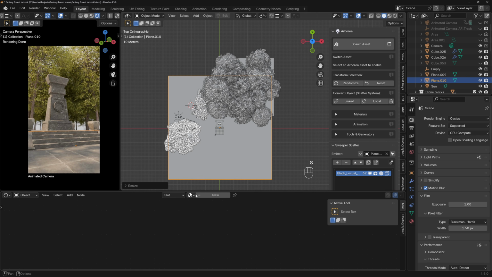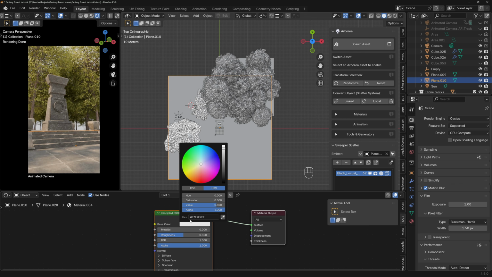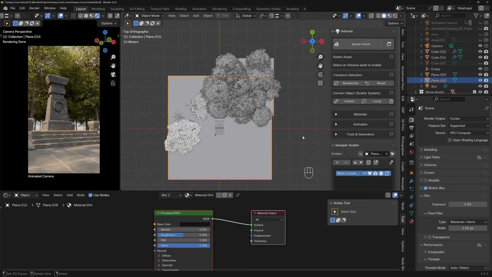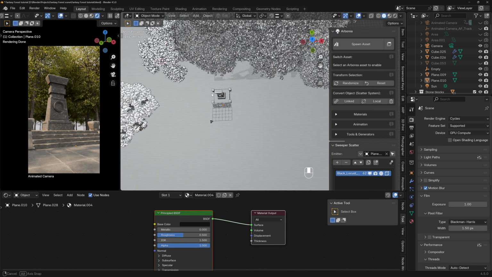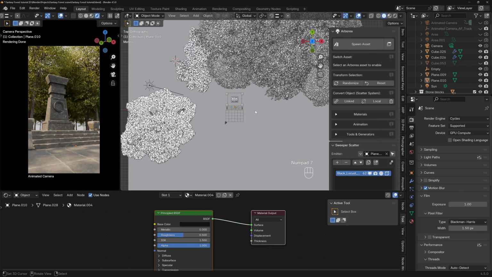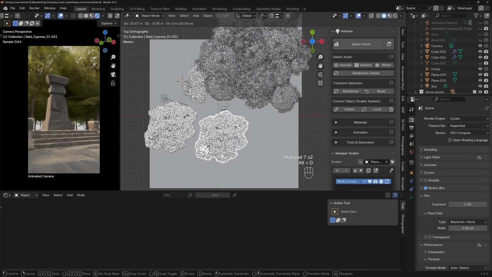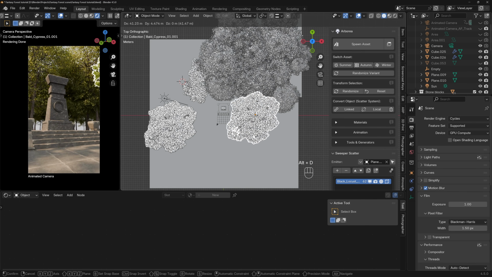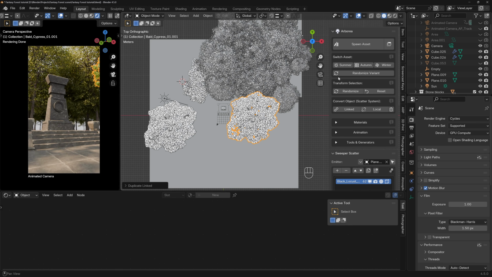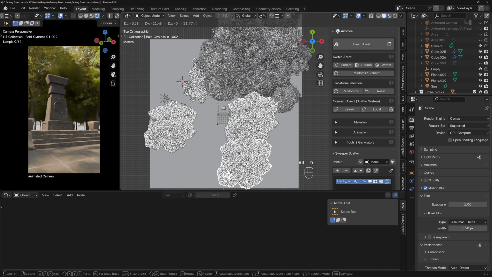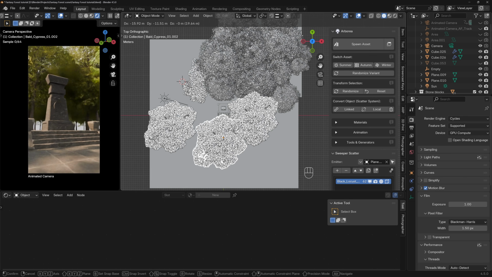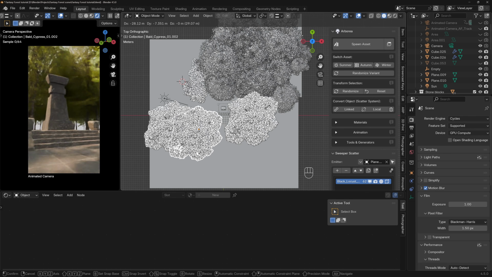like that, and again add a color, a dark one, just because of the shadows I want to have ground here. And also I want to press Shift D and put these trees. By the way, you can go and randomize the tree however you want, and I want to put them all around here. Let's see,